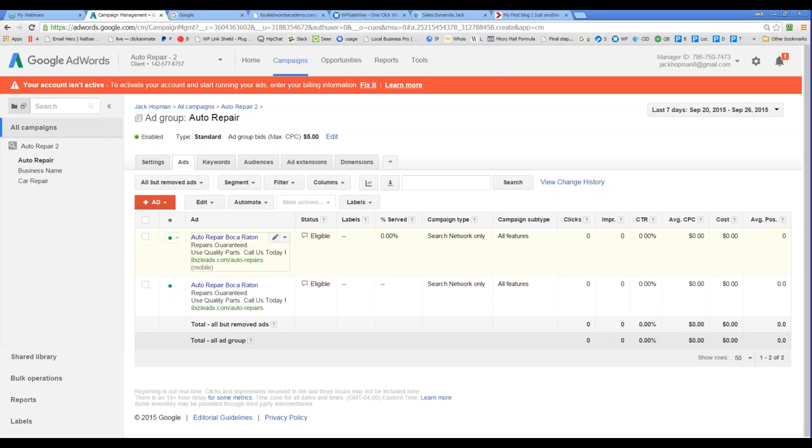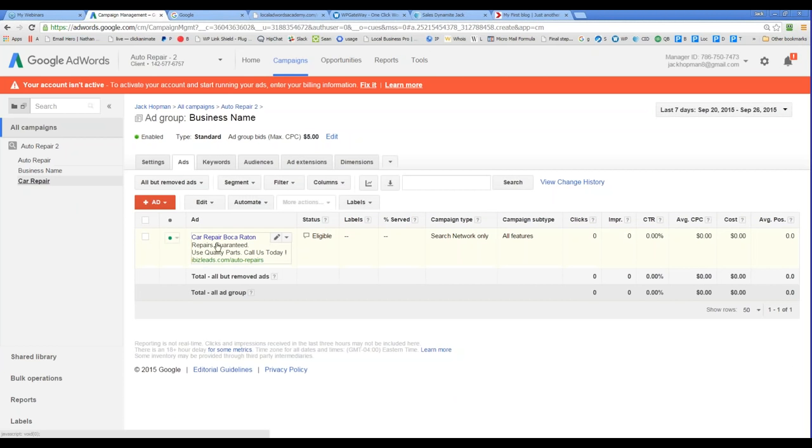So you see those ads, correct? So let me do it from a car repair. You see this ad, and when you hover over it with the mouse, you see a pencil and a drop-down box. That pencil says I want to change the current ad. If you click on the arrow, you have an option. You can say edit or copy and edit.